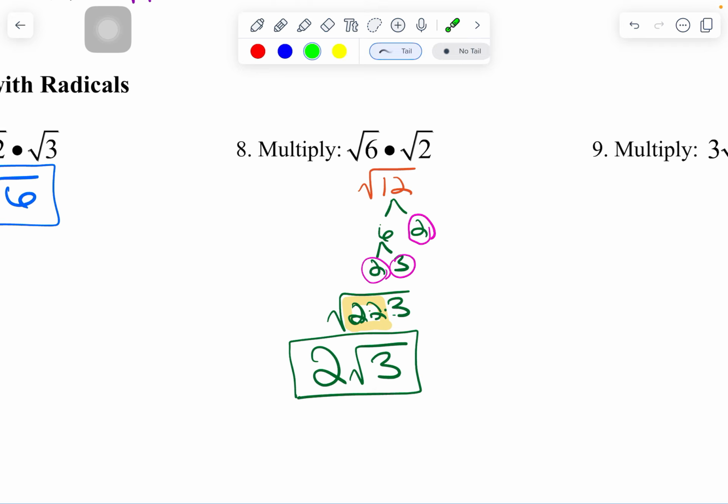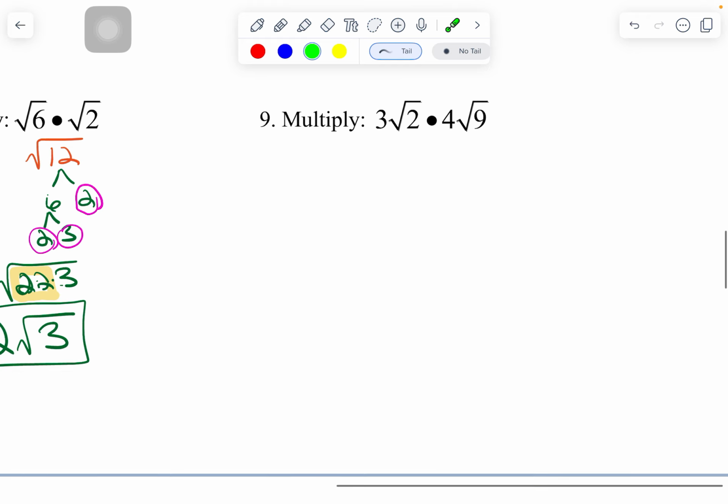So starting from the top, root 6 times root 2 became root 12. We did the work then to simplify root 12, and root 12 can be rewritten, simplified into 2 root 3. Okay, so that is the idea behind multiplication. But wait, what happens now when you've got a coefficient in front? How do you deal with that? Well, again, you're going to multiply what you can. So we're going to take the 3 times the 4, and then separately, we'll take root 2 times root 9,